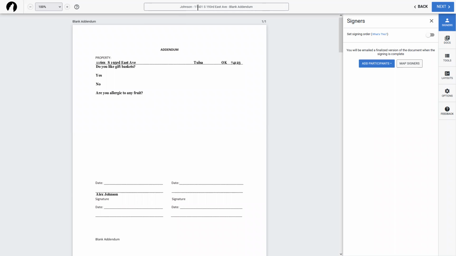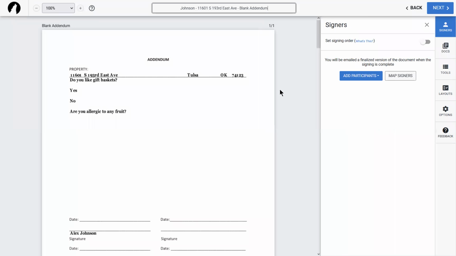So we have our name up here at the top. The signing name no longer actually has the same limitations to how many characters you could put in there. So you guys can actually give it a name that makes sense to you, even if it's a much longer name. So for instance, maybe in this case, I'm going to say listing agreement.